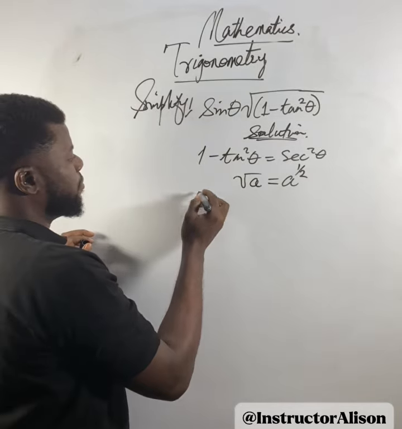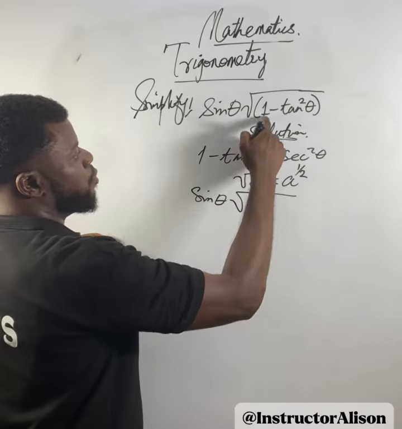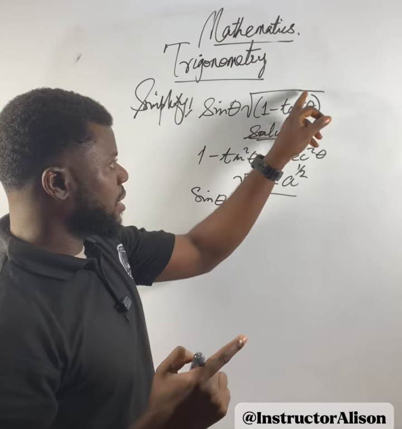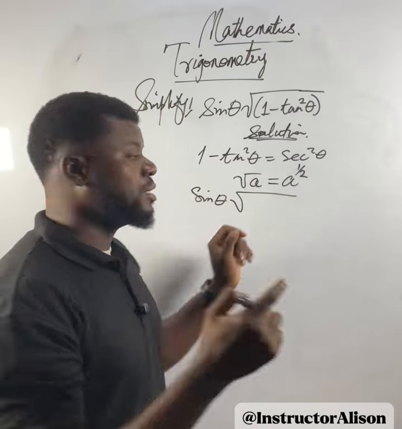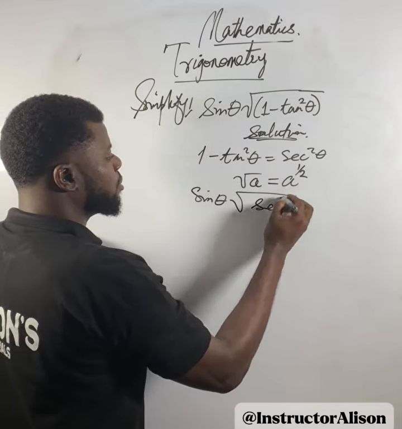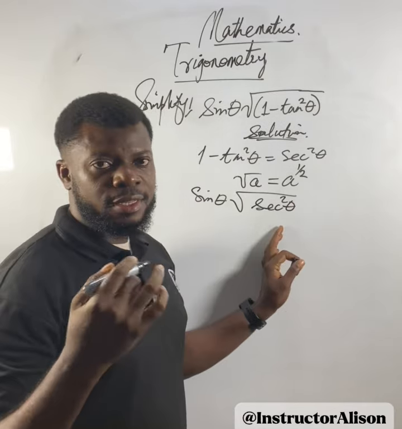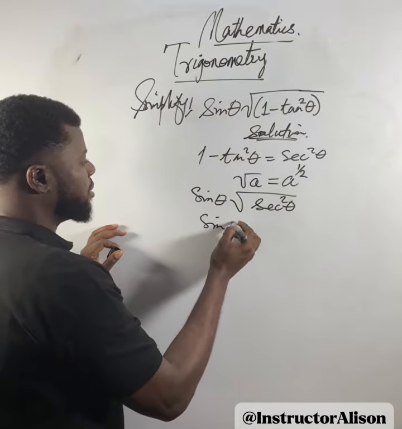So here we have sine theta times the square root of 1 minus tan squared theta. And I've just told you that 1 minus tan squared theta is the same thing as sec squared theta. So let's replace this with sec squared theta. That's pretty simple, right? So the next thing I want to do is, because I have the square root of this,